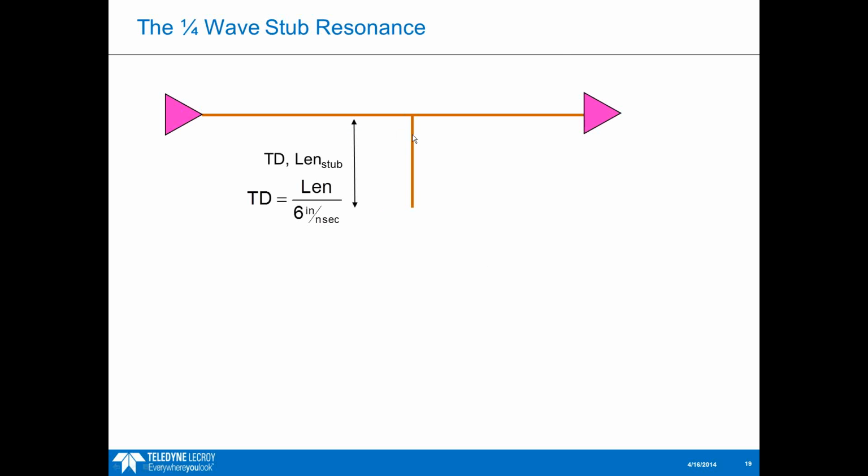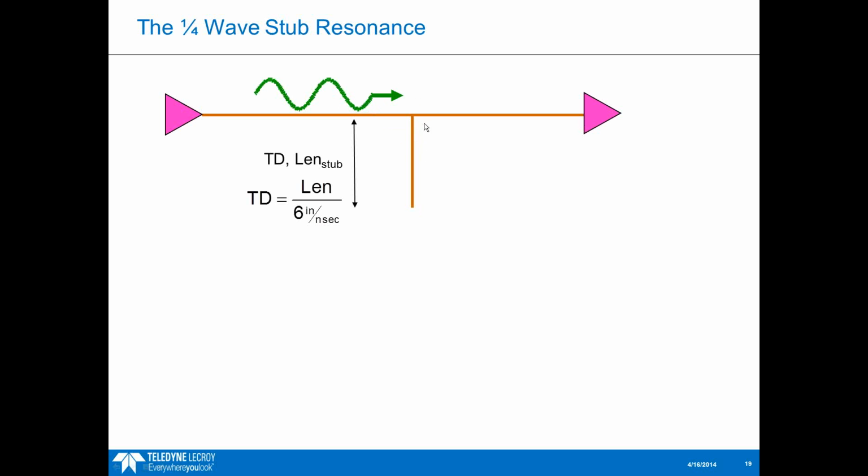So the length of this stub has some length in inches, but also a time delay associated with it, and we can roughly calculate the time delay by taking the length over the propagation velocity, which we can estimate as 6 inches per nanosecond. But when we send a signal down here, we send some sine wave through our interconnect. When it gets to this stub,